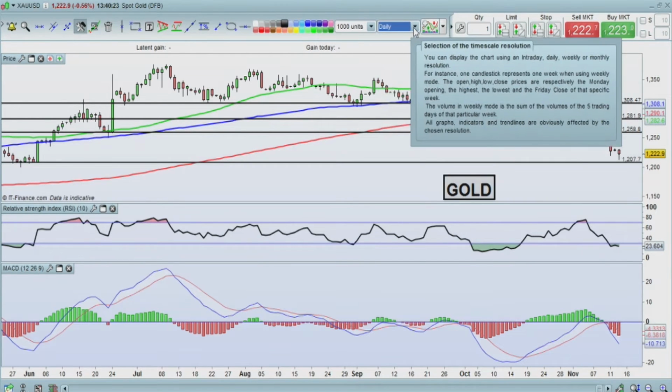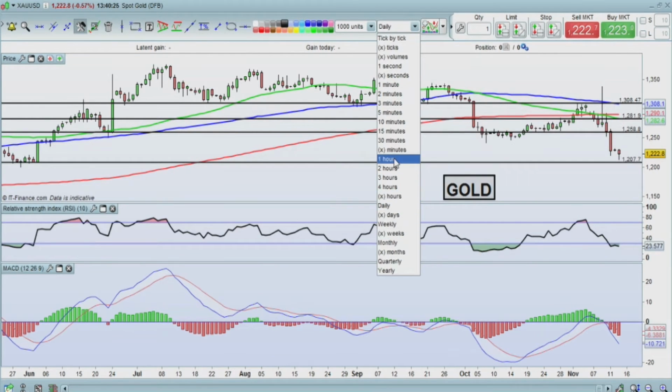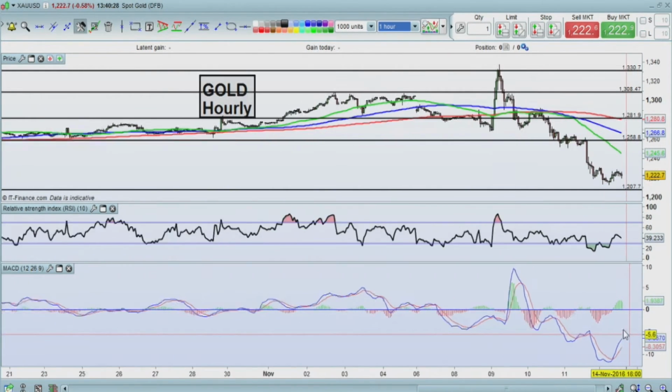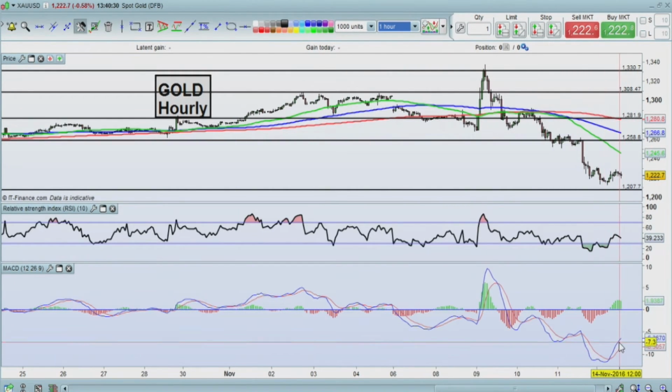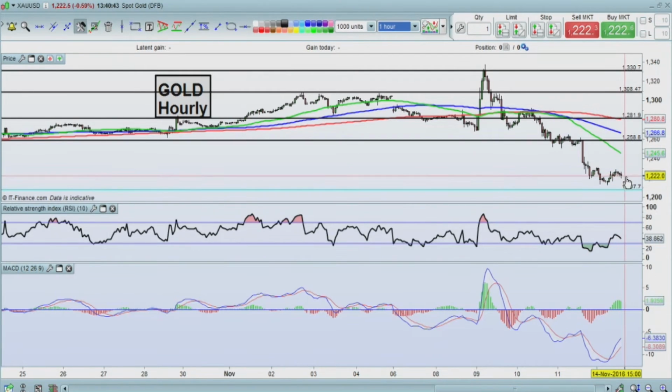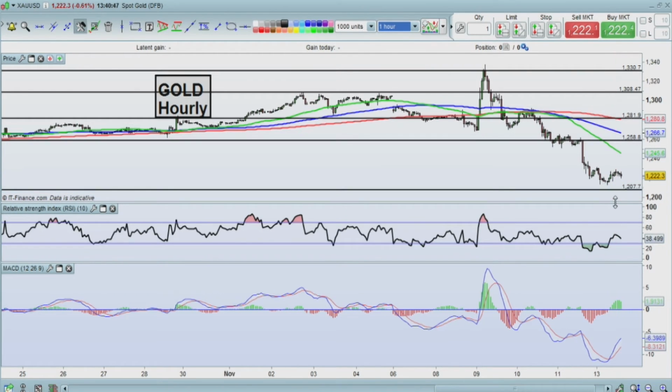I'm just going to show you the hourly chart, and you can see the real difference here in the MACD. Look at this, the way it ticks up here. Now that's a particularly good sign. You've got a green histogram here, but things are beginning to turn over, and you can just see the first indication here. This MACD is beginning to slow down in its upward trajectory, and you can see this in the price action. So I suggest at the moment at least we are still looking very bearish for the price of gold.